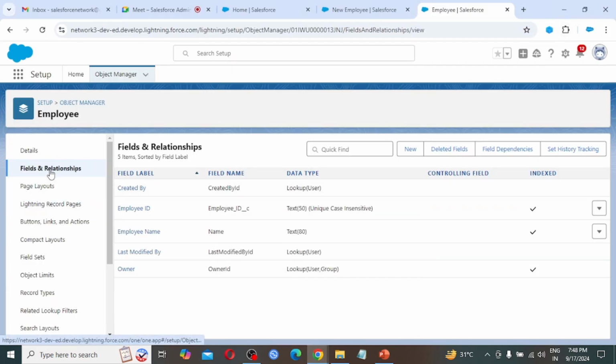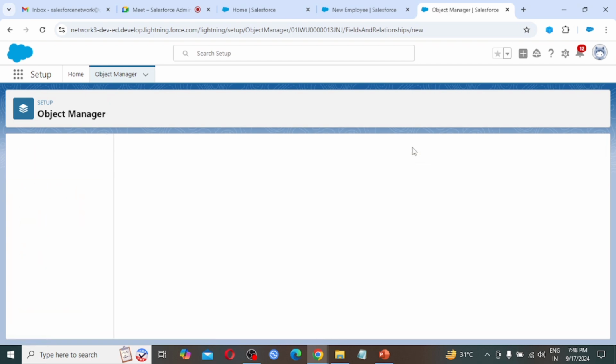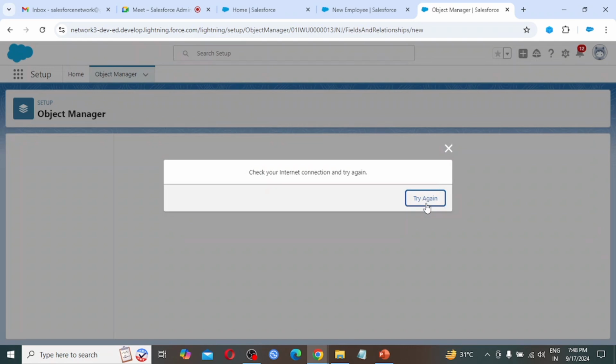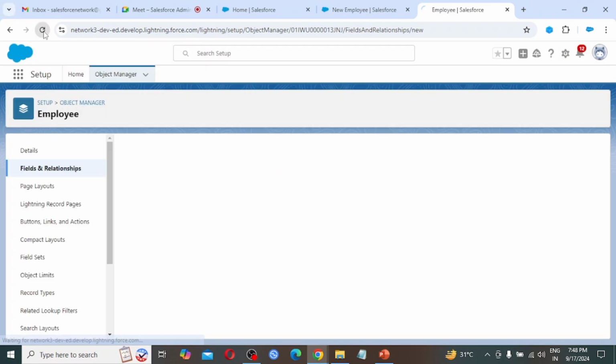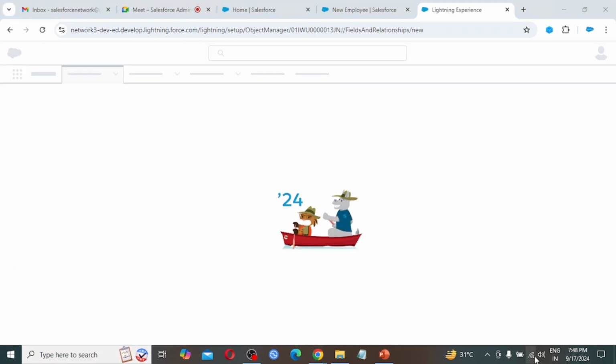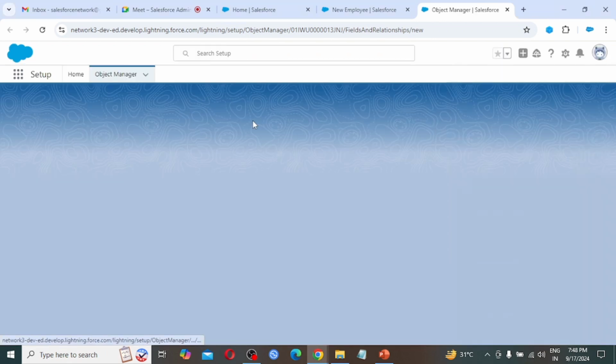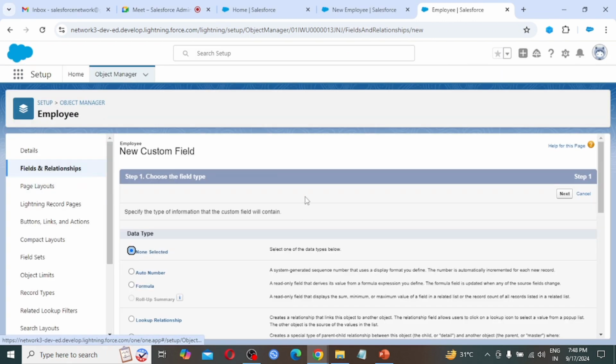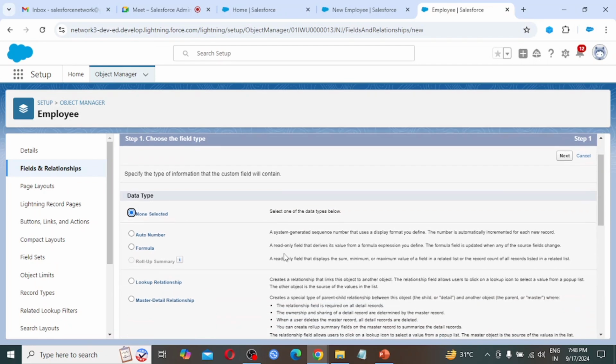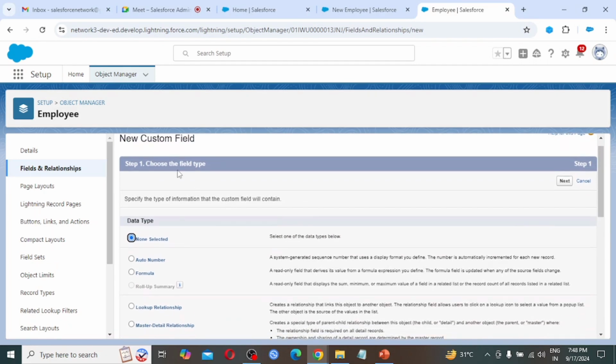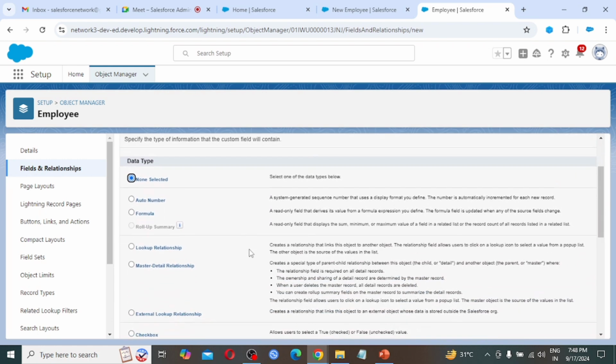Again, if we have to create the fields, simply we have to click on new. So for designation, first we need to select the data type.